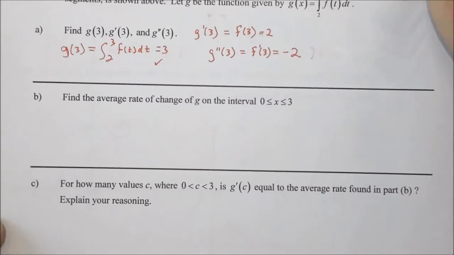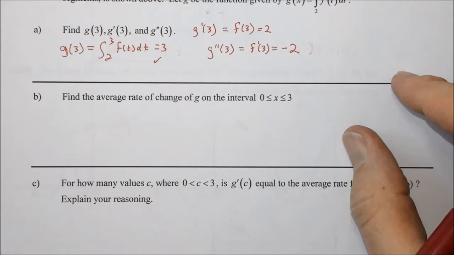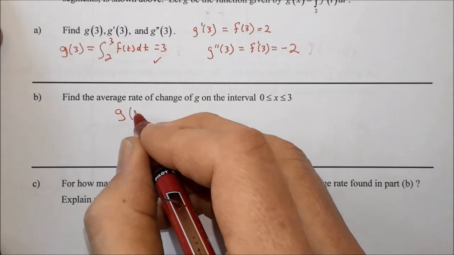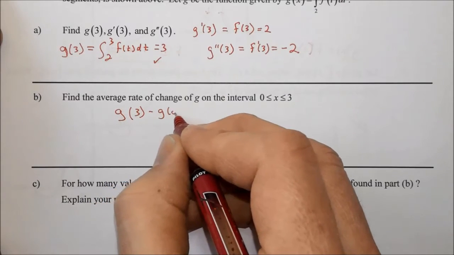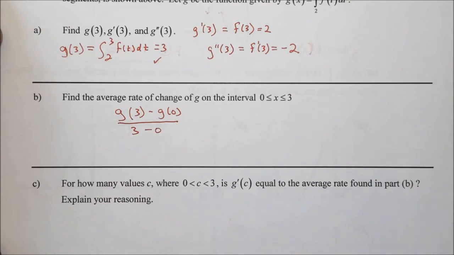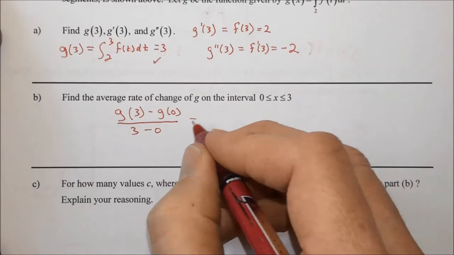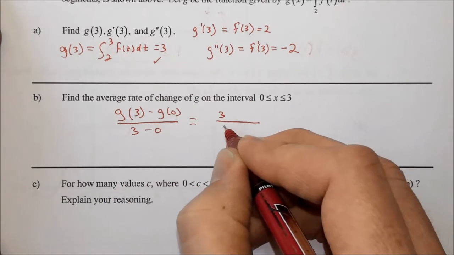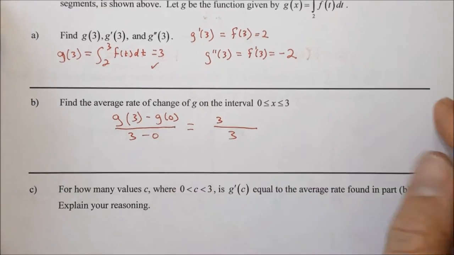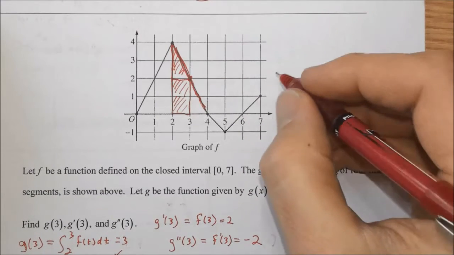For part B, find the average rate of change of g on the interval from 0 to 3. Okay, that's some old material there. G of 3 minus g of 0 over 3 minus 0. G of 3 we already found. It's equal to 3. In our denominator we still have 3. What we need to determine is g of 0. So if we head back up here, okay, g of 0